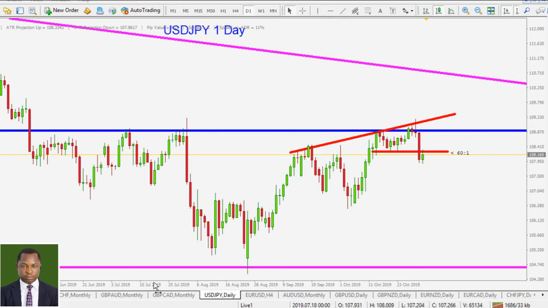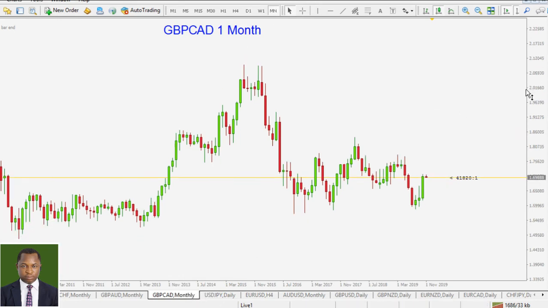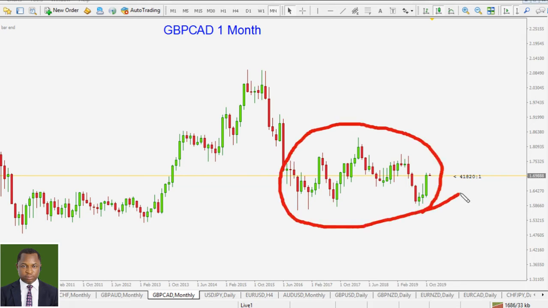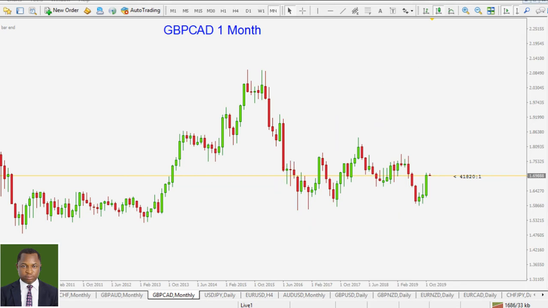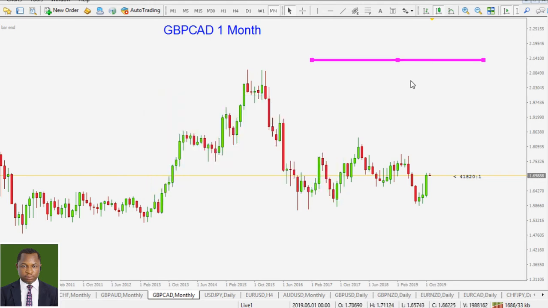All right, the next pair is the sterling pound against the Canadian dollar. There is no need to waste your time here. You can obviously see that the price has been in a range. Okay, in a range. This is our key level there, that key area of support. We're just going to keep a level. Monthly time frame. I change that color to pink. Maintain that level, although it has not been hit.